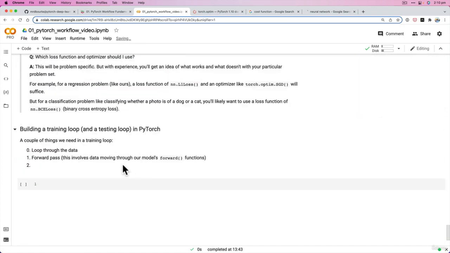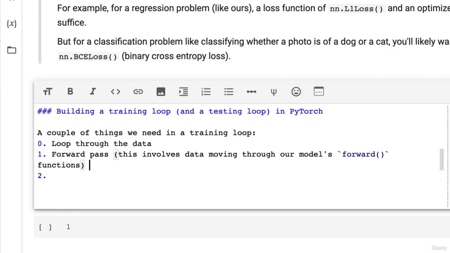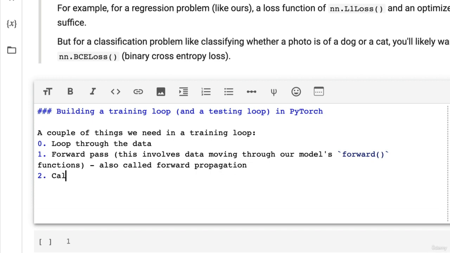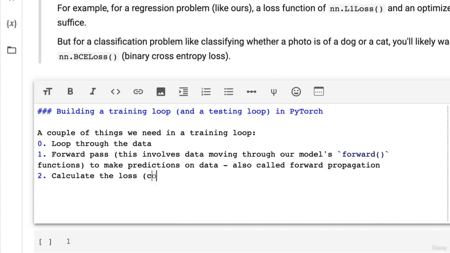So we'll go back down here. Forward pass. And I'll just write here, also called forward propagation. And then we need to calculate the loss. So forward pass, let me write this: to calculate or to make predictions on data. So calculate the loss, compare forward pass